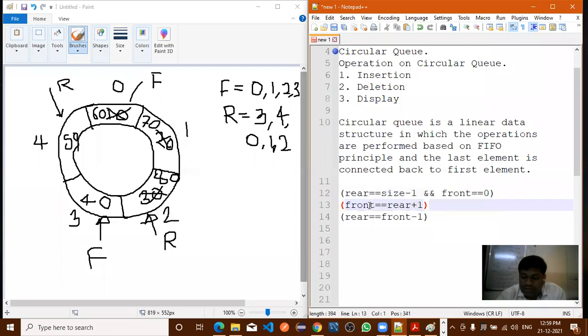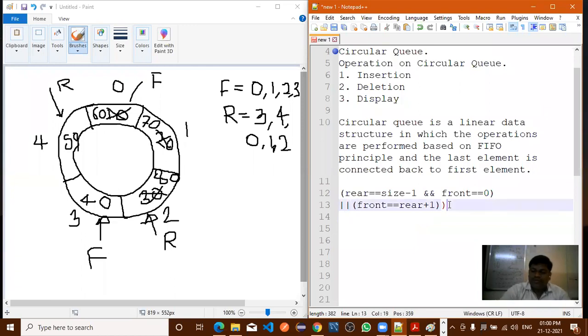Like this, two vertical lines. This symbol we use for or, right? Two vertical lines. And after that, either you can consider this condition or this one. So which one do you want to use? We'll delete one, right?